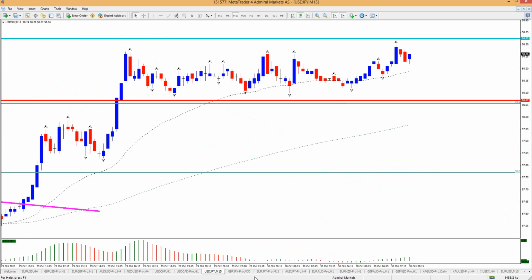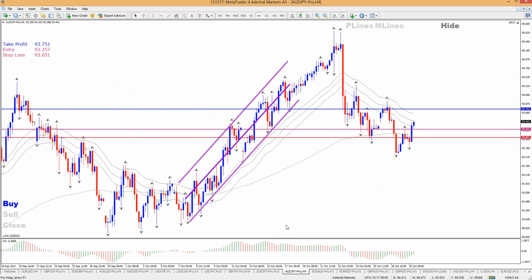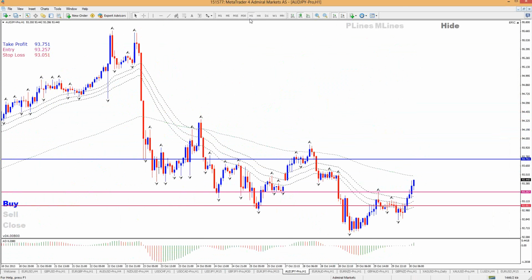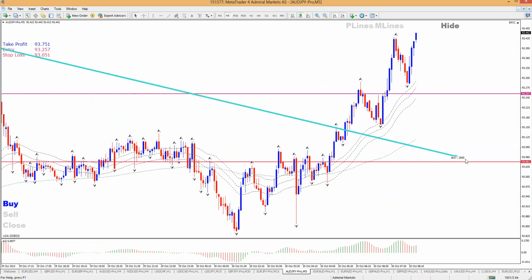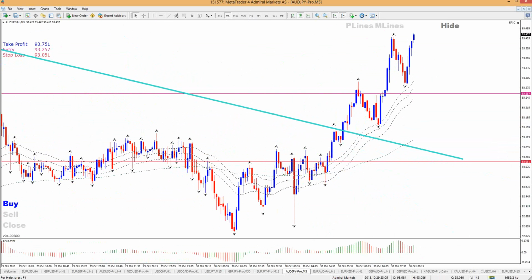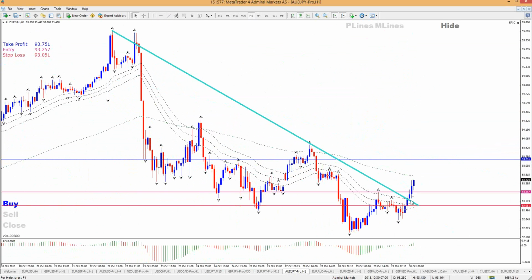What else? Euro yen we looked at. The Aussie yen maybe we can take a look at. We did break above this trend line right in here. Doing pretty well, in fact. I was thinking about taking this breakout, but I didn't do it because